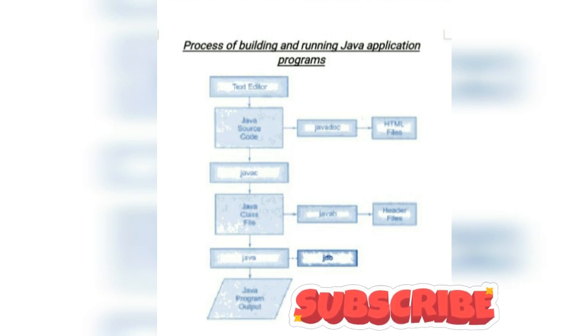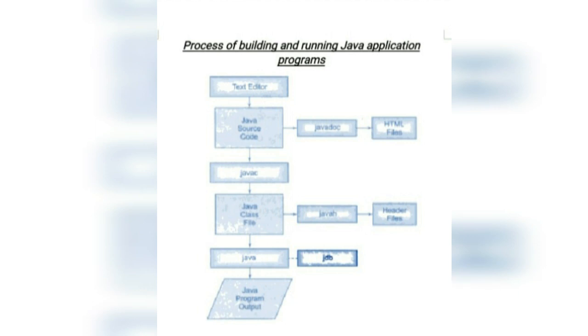So my dear friends, here is the diagram of the process of building and running a Java application program. Just have a careful look at this diagram and understand it. The way these tools are applied to build and run the application program is given in this diagram. To create a Java program, we obviously need to create a source code file using a text editor. Then the source code is compiled using the Java compiler. As I told you first, it is compiled by using javac and executed using the Java interpreter.